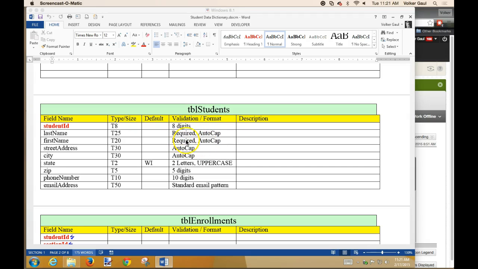These requireds, that goes into the business class. Tells the business programmer, don't let them give you an empty string for this one. It's required. And automatically capitalize it. Street and city and state,